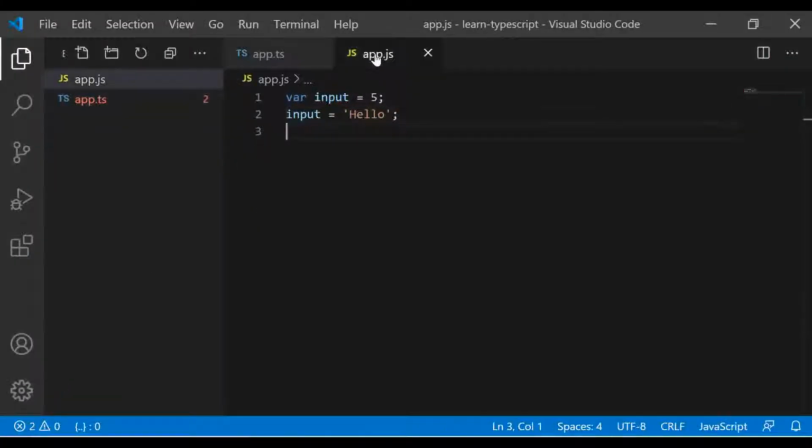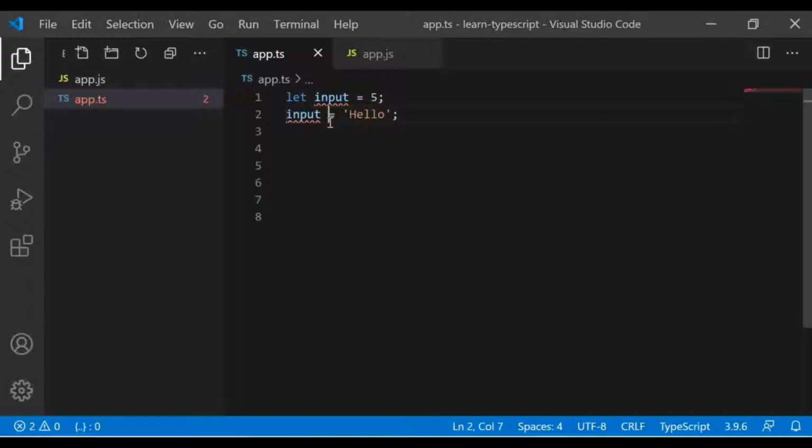See here it is showing this error, but still if you open the JavaScript, you can see that it compiled and created its equivalent JavaScript file. So what we understood from here is, in JavaScript you can easily write this kind of thing and run into issues in the future, but TypeScript helped us to curb them.